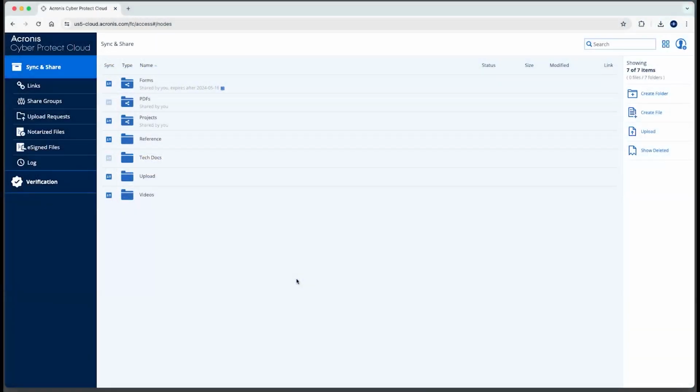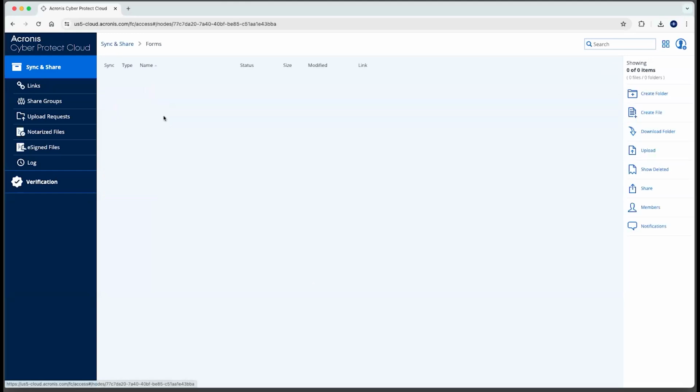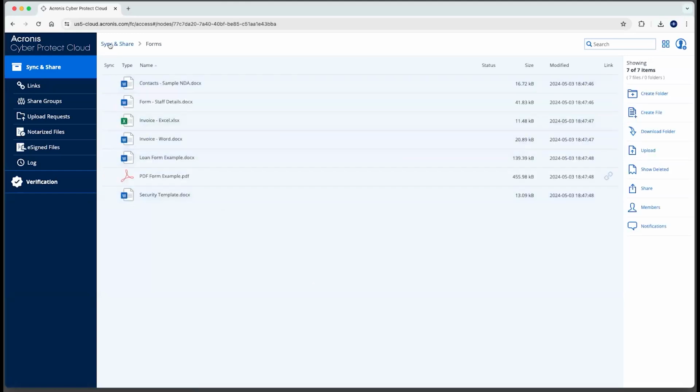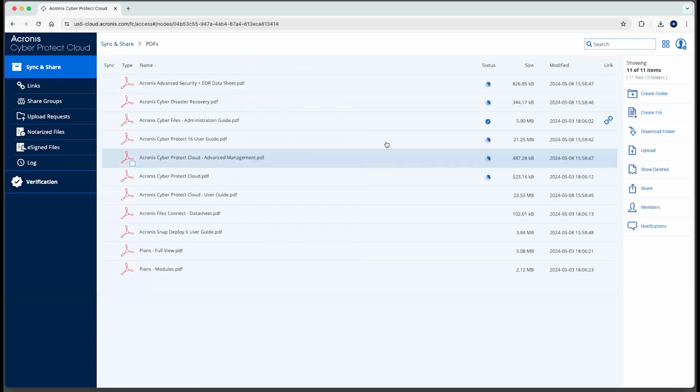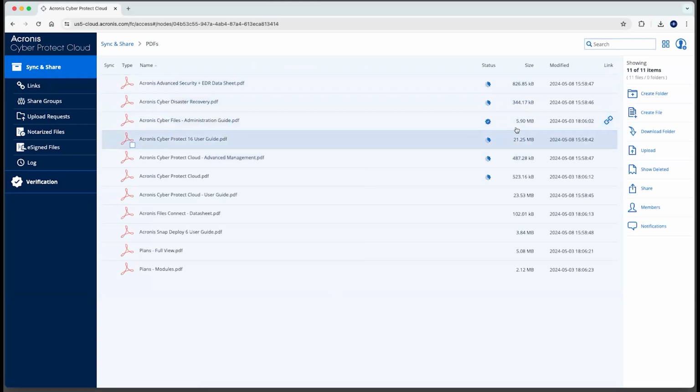Let's take a look at how to notarize files using Acronis File Sync and Share. With the advanced pack enabled, you can notarize files on the Ethereum blockchain. If we go in here and take a look at these files, we can see that I've got one that's